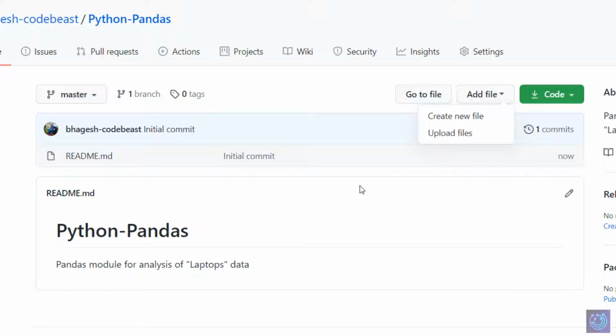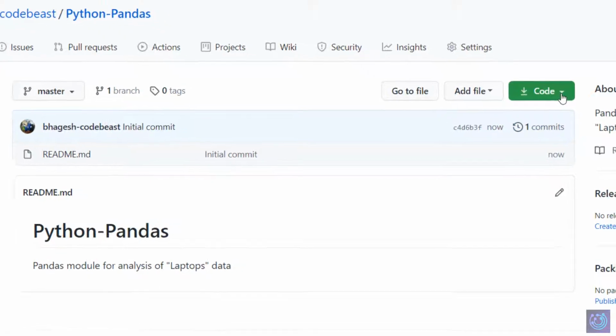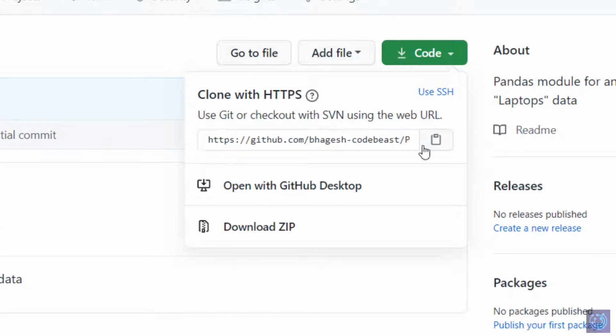all present right here. But what we'll be doing today is interacting with GitHub using Git from the command line terminal. I'll show you right now how to do that. Firstly, go to the section called code once you have created the repository and copy this address which is given here by clicking on this clipboard.